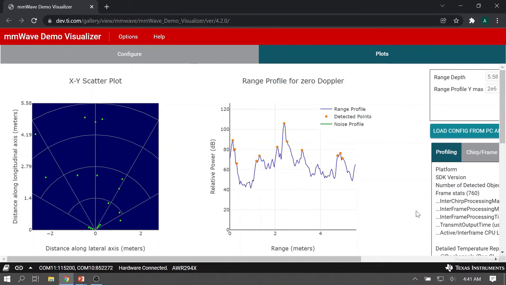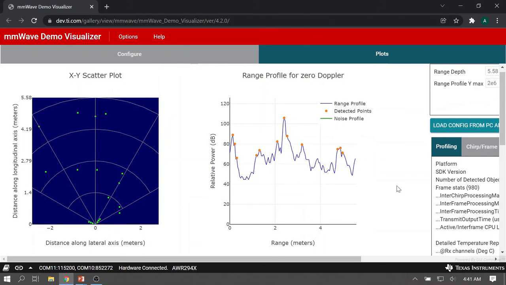I'm going to talk about a few of the plots available here. I can see the XY scatter plot that ignores the elevation information and gives me the points available in the XY direction. So this contains the azimuth and range information.